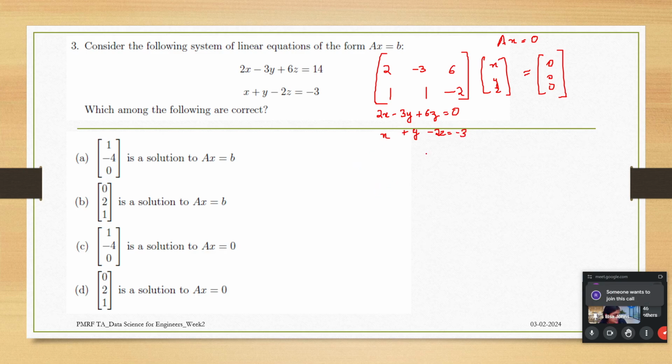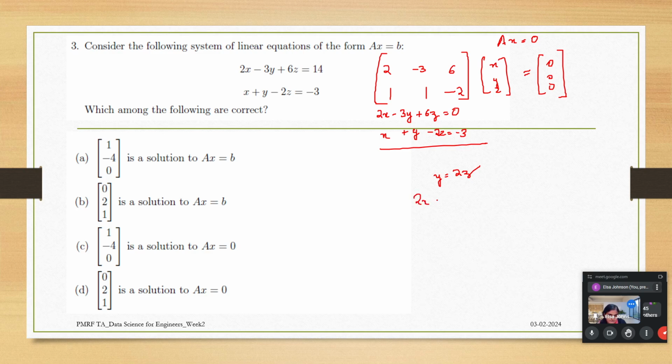Anyway, if I solve this one, I'll be getting y equal to 2z. I think you are having these questions in your present assignment also, right? So if I substitute in equation 1,